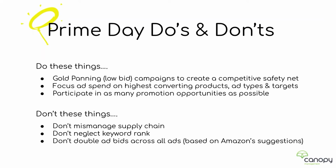These are in addition to your standard set of advertising campaigns, but they are designed to be low bid, high budget. And what they're designed to do is to be a catch-all. One of the things that is interesting about Prime Day, about Cyber Monday, about some of these peak traffic days on Amazon is a lot of times what happens is your competitors make mistakes. We're going to try to help you avoid some of the mistakes that they make and take advantage of this